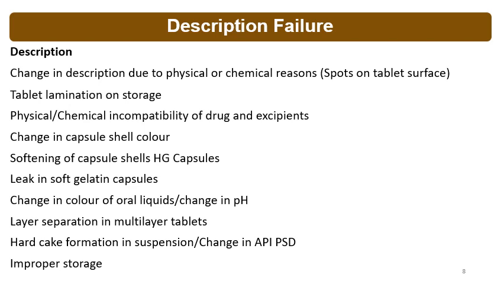Tablet lamination on storage. Tablet breaks on storage, that will be a failure. Physical and chemical incompatibility of the drug and excipients. This might be the reason, like Maillard reaction with the lactose. Change in the capsule shell color, softening of capsule shell of hard gelatin capsules, leak in the soft gelatin capsules, change in the color of oral liquids and change in the pH, layer separation in multilayer tablets,